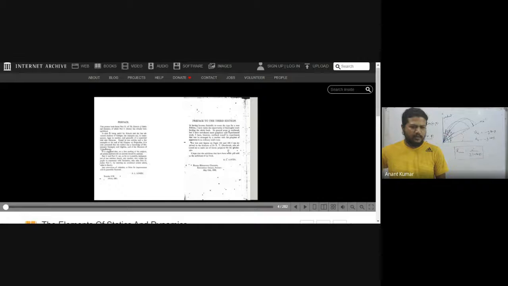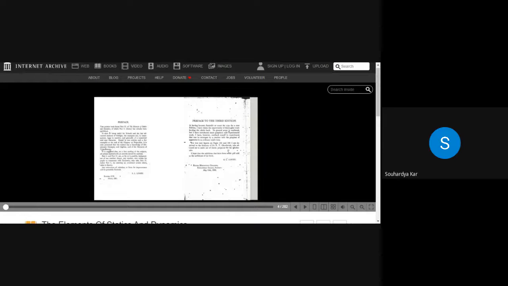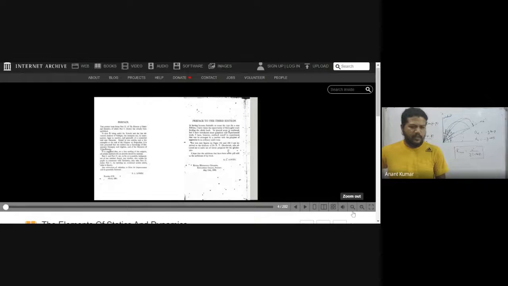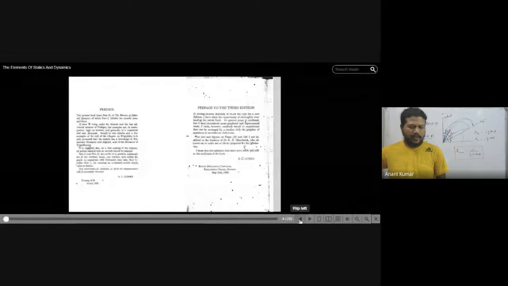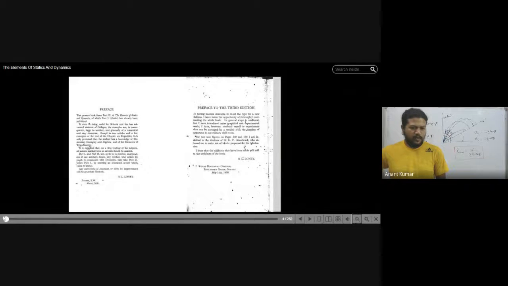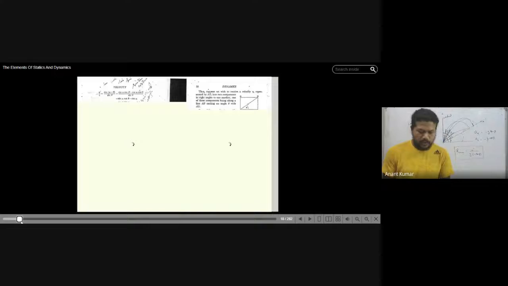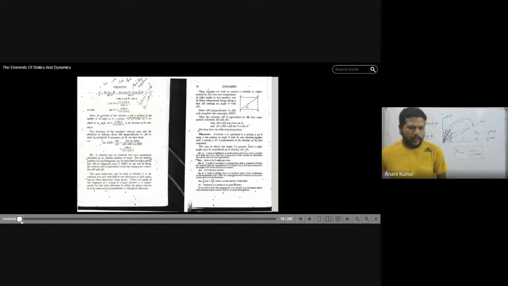It is such a small font. Just zoom it, sir. Tell him to zoom it. I can't zoom it. Sir, tell him. On a laptop, I cannot do that. Okay, this is still showing the preface. You have to go ahead. How many pages? 230, 282. It's more or less like that. Go to the page. It is dynamics here.